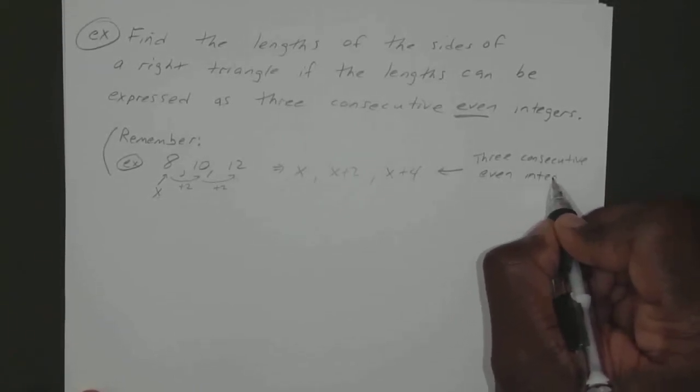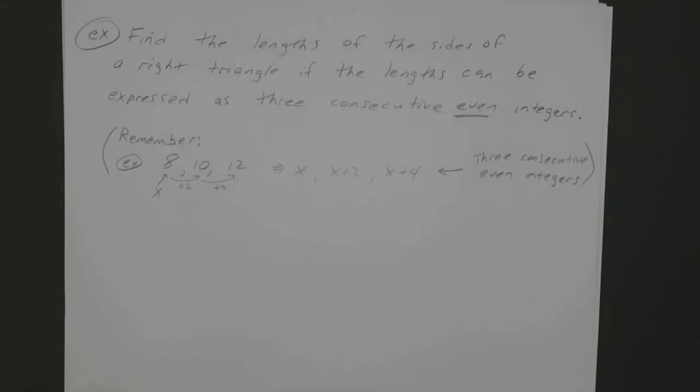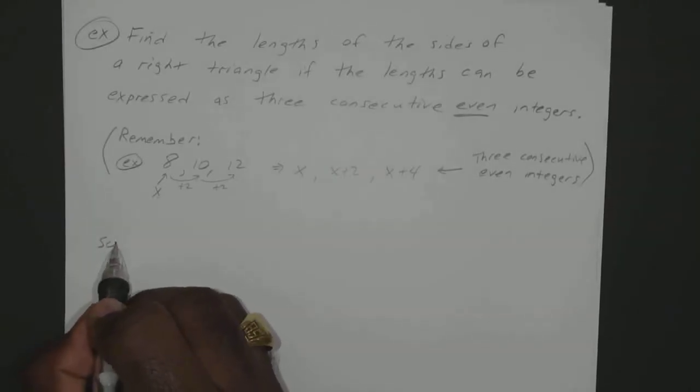Even integers. And it's the same formula for if you had 3 consecutive odd integers. You're still jumping by 2's. Okay, so we know if we have a right triangle,